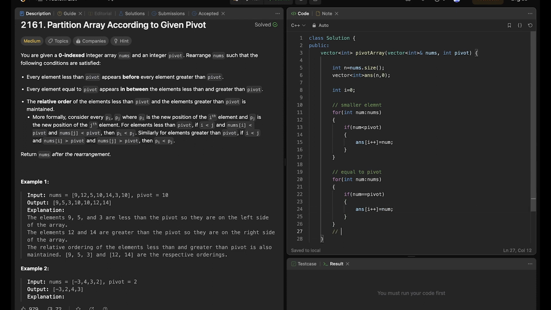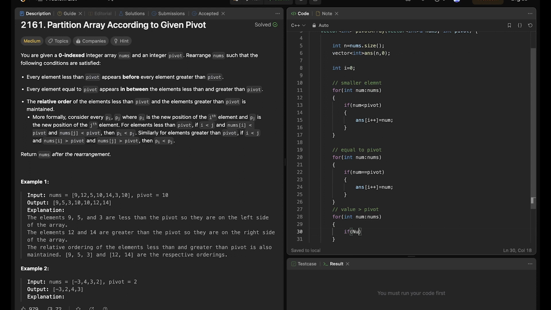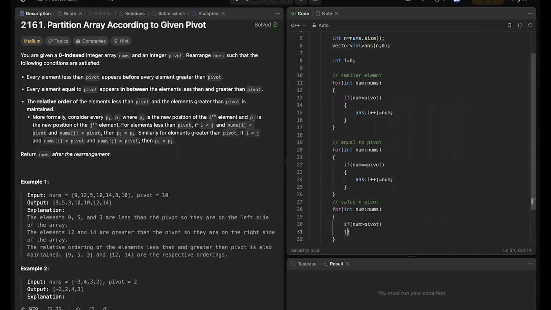And for values greater than the pivot, if num is greater than the pivot, then we will insert that value.